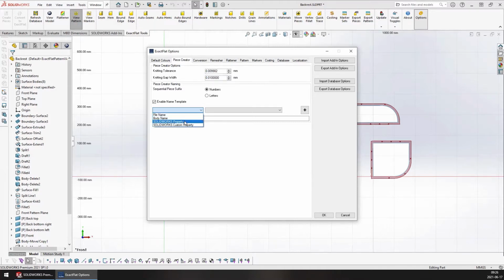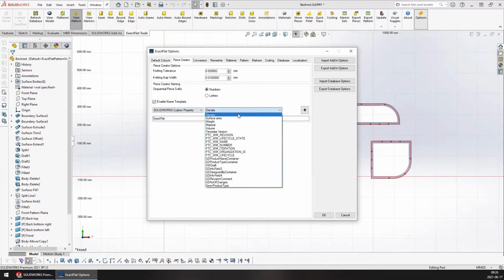Lastly, we have SOLIDWORKS properties and SOLIDWORKS custom properties. So if your file has a property in it that you want included as part of your name, perhaps you've got custom properties that are set with work order numbers or something, then you can set it to SOLIDWORKS custom property and adjust your sub value to select the property that you want. In the case of property, we've got keywords, we've got authors, so we can include those as part of the file name. And then for custom property, any custom property that's included as part of the